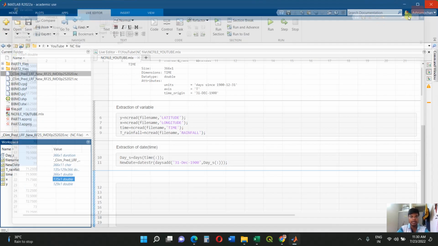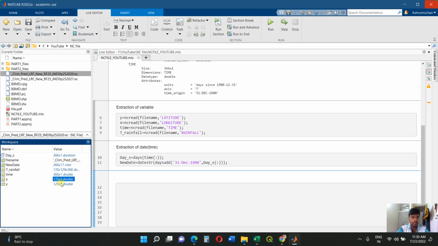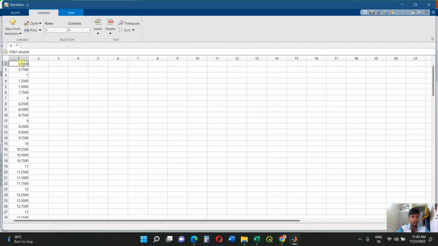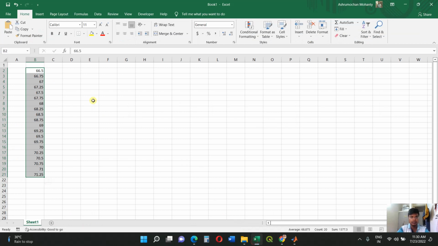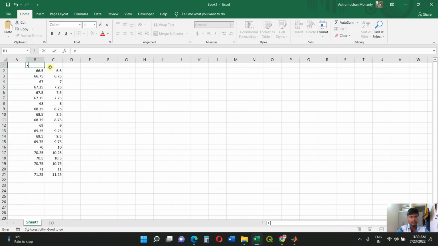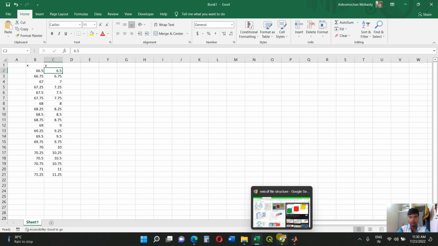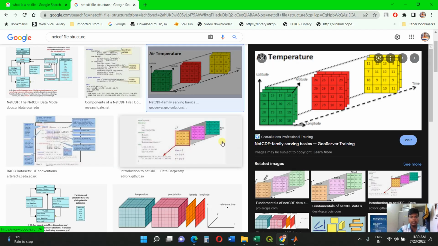And this is the variable x, and let us place it. Let us collect the x information. This is y information. This is x information, this is y information. Actually, what I have shown you and what the information I have